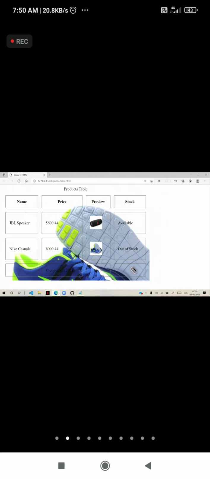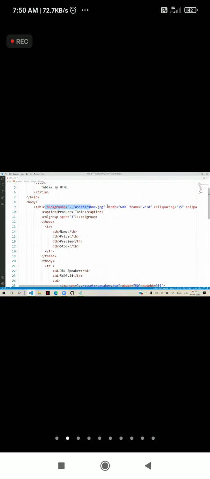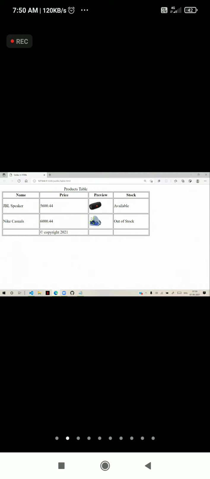That means, for example, suppose I remove this background color and I remove this cell spacing and padding. I will keep only the border. Okay. Now I want to adjust the width of this price column.